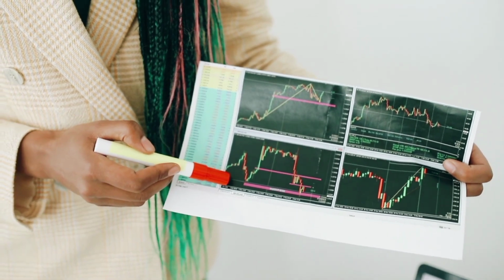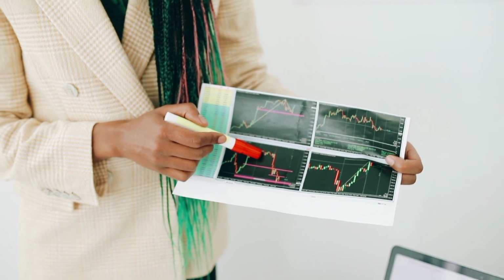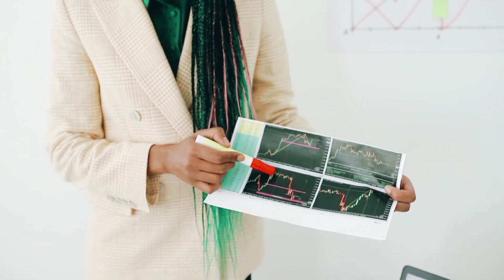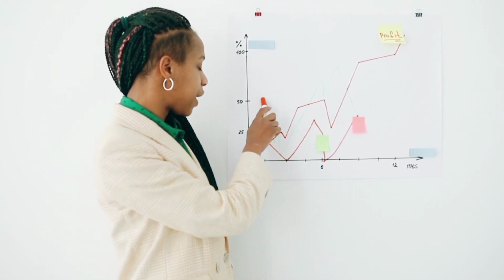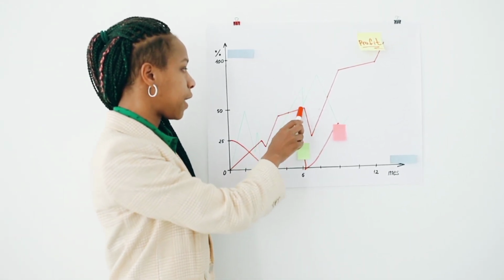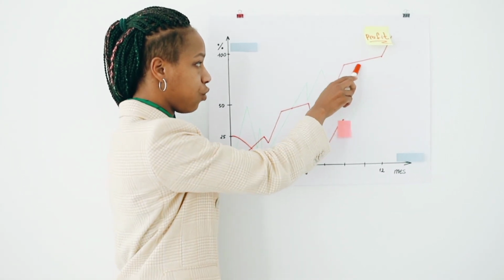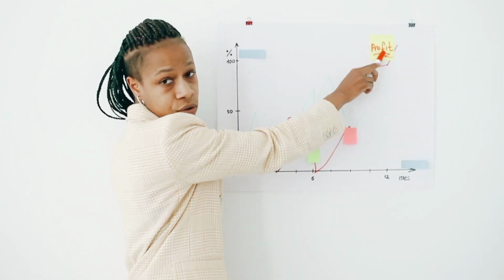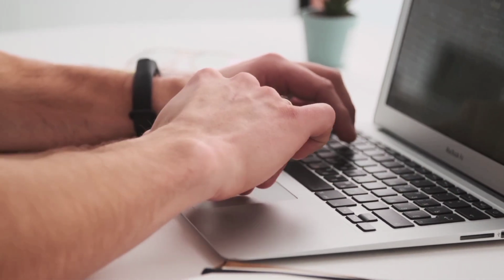Risk management. Trading involves significant risks, and it's important for traders to manage their risk carefully. Some of the most common risk management techniques include setting stop-loss orders. This involves setting a limit on the amount of money that can be lost on a trade. Diversifying the portfolio. This involves investing in different assets to spread the risk.